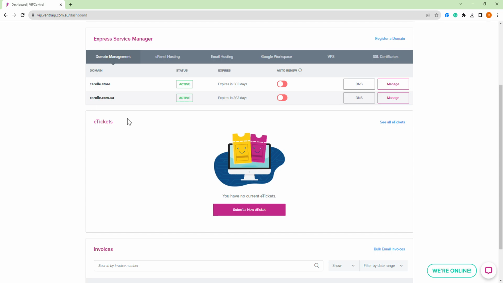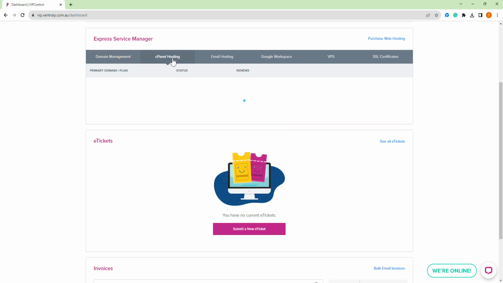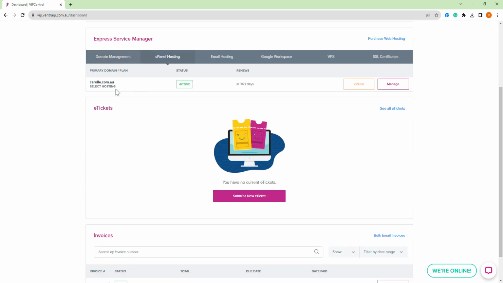In my case here, what I want to do is to install WordPress, and most of the hosting providers will offer an option to do that with an app installer or one-click installation. Let's have a look what is being offered here. We have cPanel hosting. That's where I will go, and from there it will give me my domain. That's the domain I have for this account, and I have here my cPanel link. So you will click here,